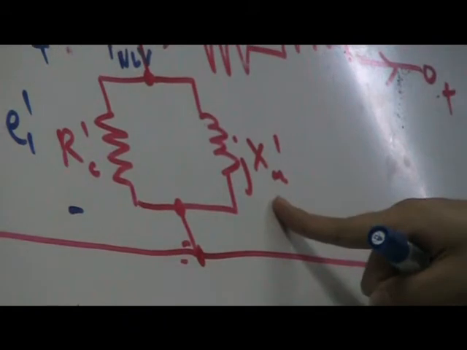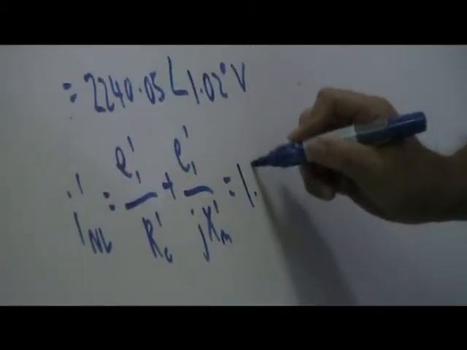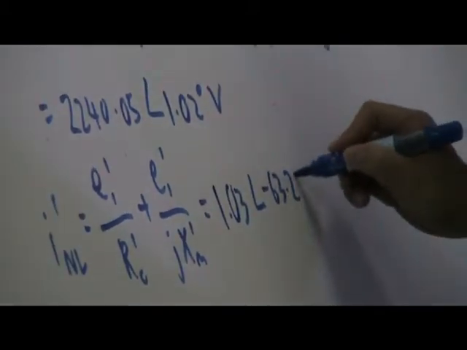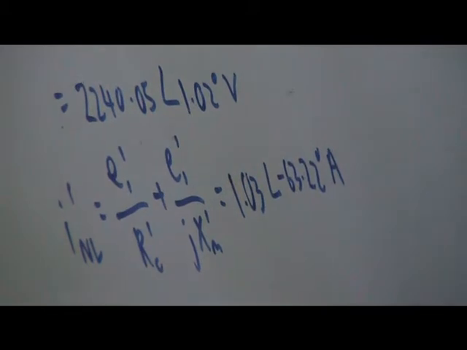So the no load current is this current, which is E1 divided by RC, plus this current, E1 divided by JXM. So that's what I have here. Then I1 will be